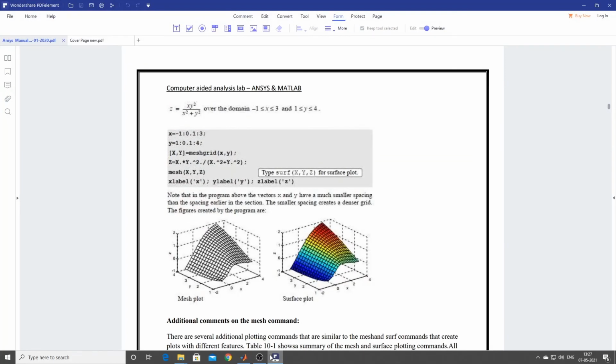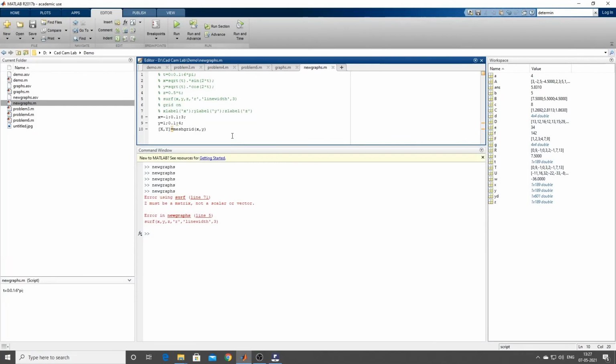Next, you define z. What is z? xy squared divided by x squared plus y squared. Okay, so try to define that. Say capital Z equal to xy squared. Capital X now, don't give for small x because already you have converted it. xy squared, x into y.